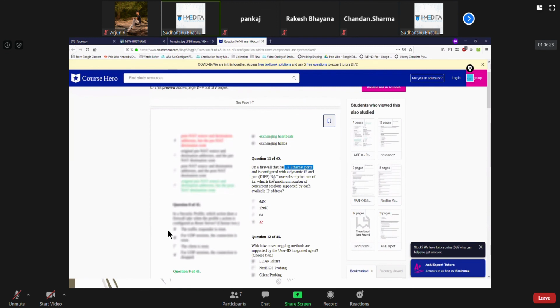What they are asking is how many simultaneous sessions we can have per IP address if we have 2 times oversubscription rate. See, for one IP we can have 64,000, but now since it is 2x, it will be 128,000 sessions here.